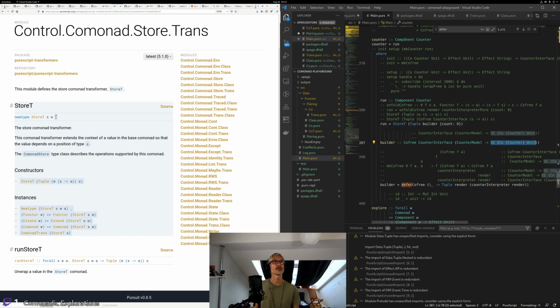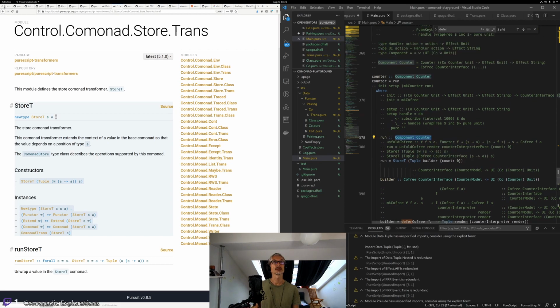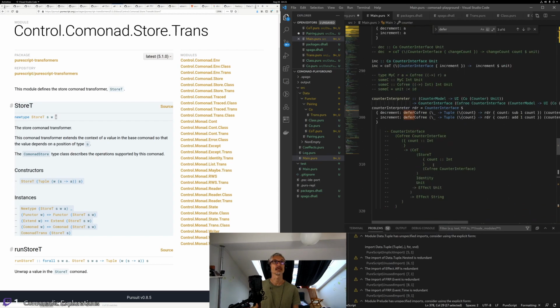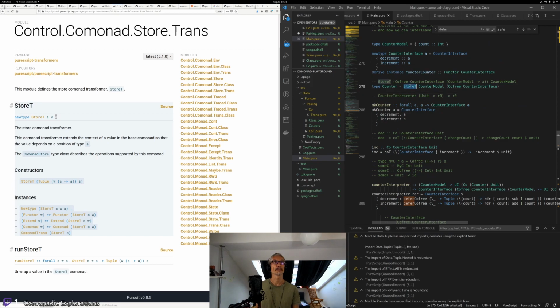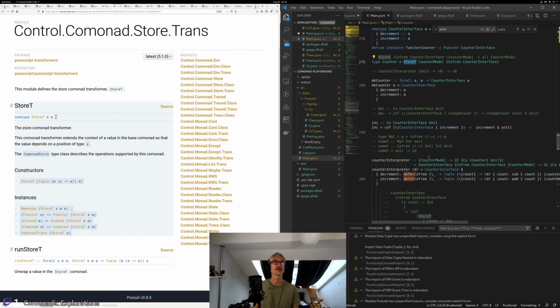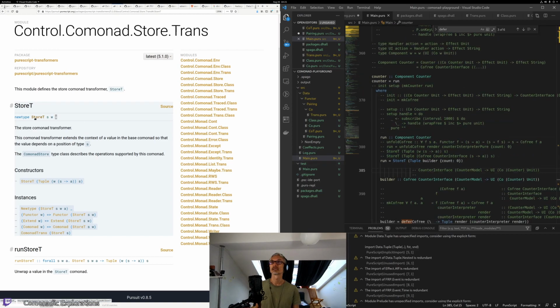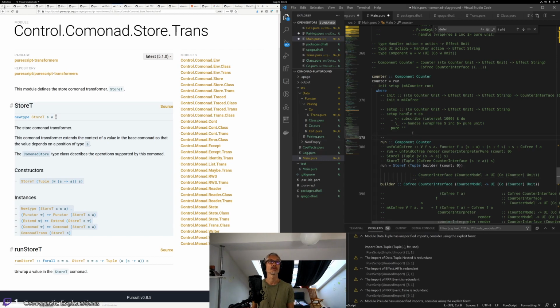So why are we trying to build a component counter overall? The intuition is a component counter has a store_t on the outermost layer. That's why we create a store_t in there. And then in order to get a store_t, okay, maybe we need to... Yeah, that's no. What we want is a store_t of counter model and